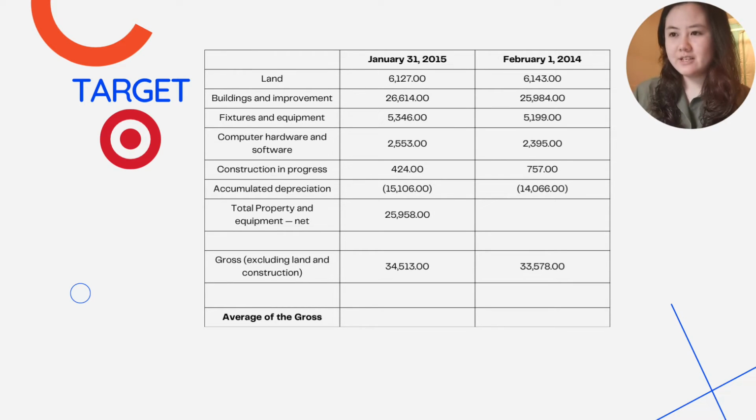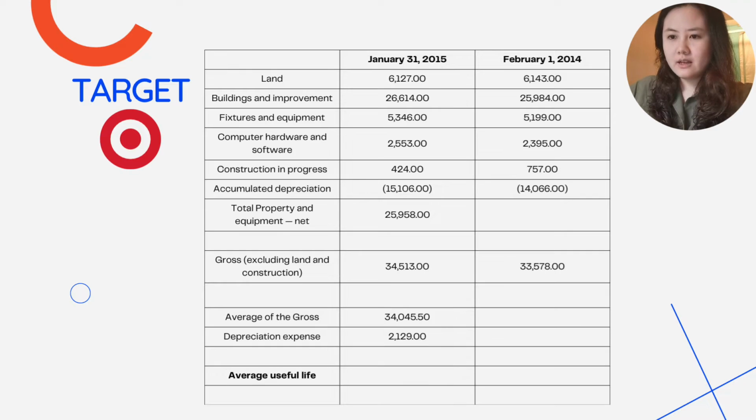Now, since we have the financial information for 2 years in front of us, and we're trying to get the average useful life in years for the company, a more accurate representation would be to take the average of the 2 years. So we're going to take the average of the gross of the 2 years so that we don't just consider one value, but we take both values into consideration. That's why we take the average. That is, we're going to add 34,513 plus 33,578 and divide this by 2 to get the average of the gross. That will give us an average of